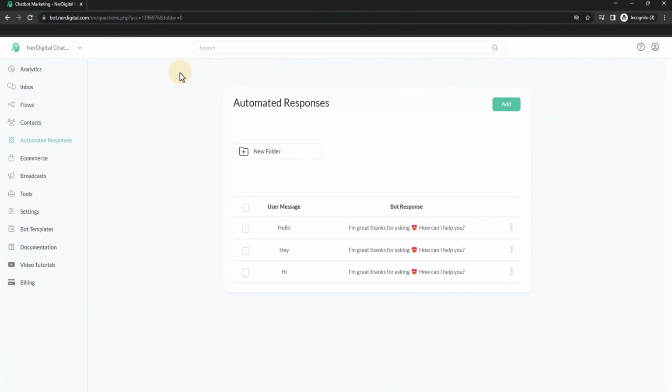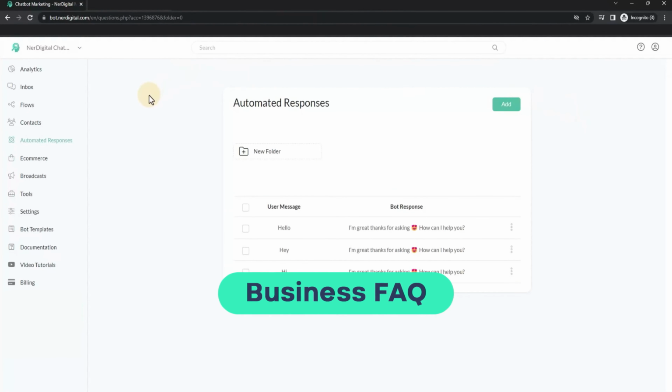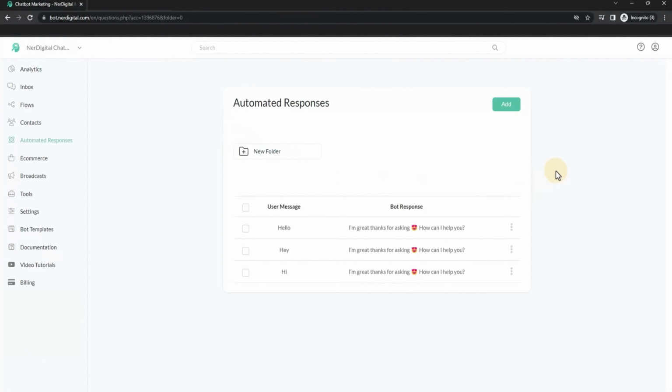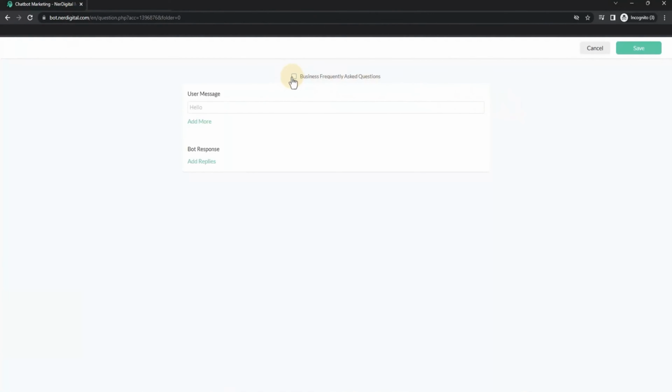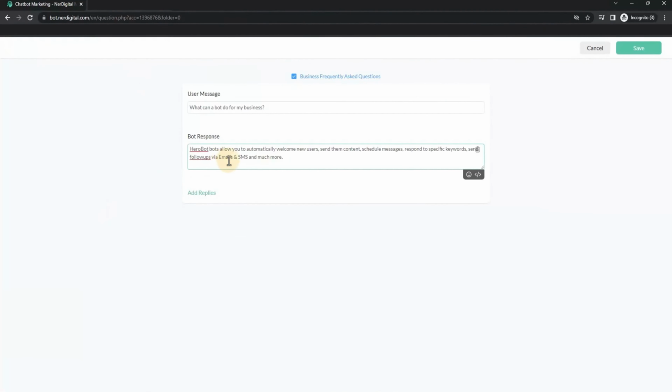Now let's go to number 2, business frequently asked questions. To add business frequently asked questions, go to Automated Response, then click the Add button. Then check the Business Frequently Asked Questions box. Whenever you add a frequently asked question, make sure it contains at least 1 business keyword. Otherwise, identify 1 or more important words contained in the frequently asked question and add them to the business keyword